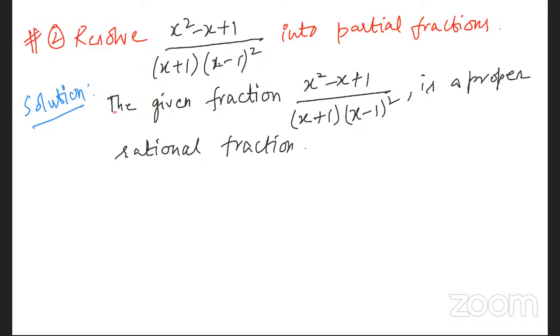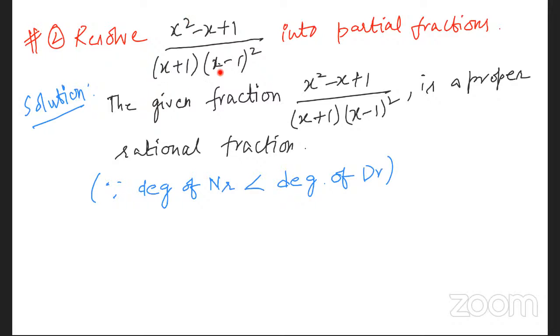How? Since the degree of the numerator is less than the degree of the denominator. If you look at that, the degree of the numerator is 2, and if you expand these two, it will